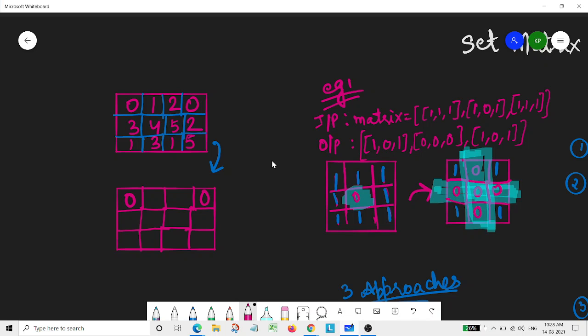So according to that, the corresponding rows, this one and this one, will become 0, and the corresponding columns, like here, will become 0, and for this also, this one will become 0. All other elements will remain as they are. So this is what we need to do in this question.